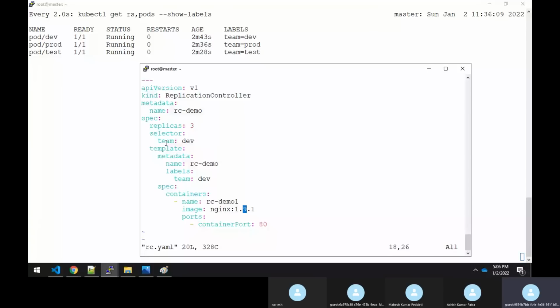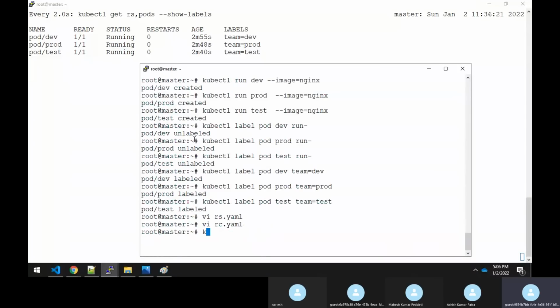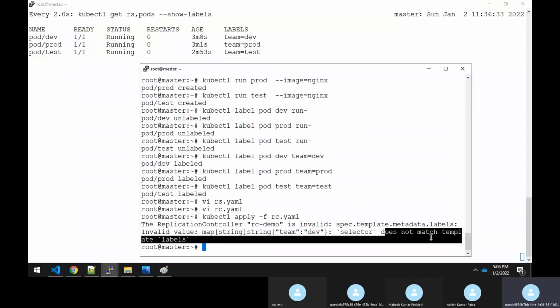Suppose, okay, I'll do one thing, Rajesh. I will add one more label like this, team is equal to prod. Let me check whether it will work or not in the case of a replication controller. kubectl apply -f rc.yaml. It will not allow. See, selector does not match the template labels.